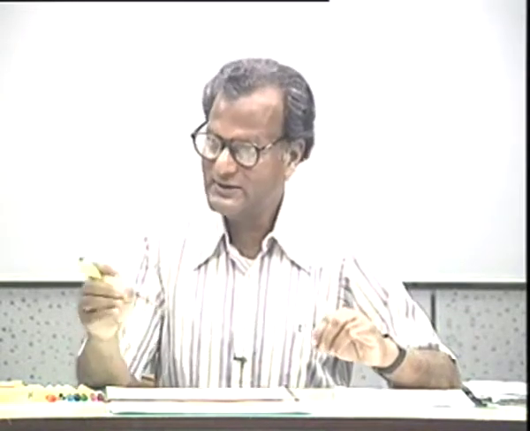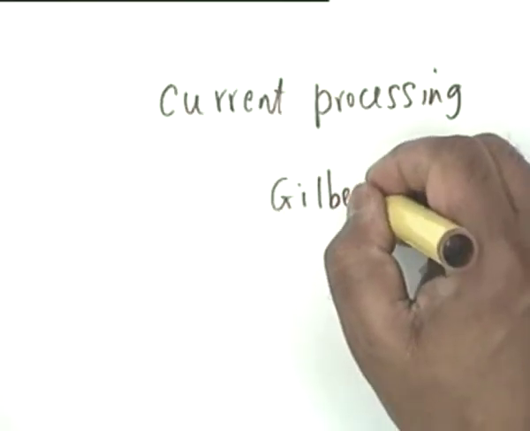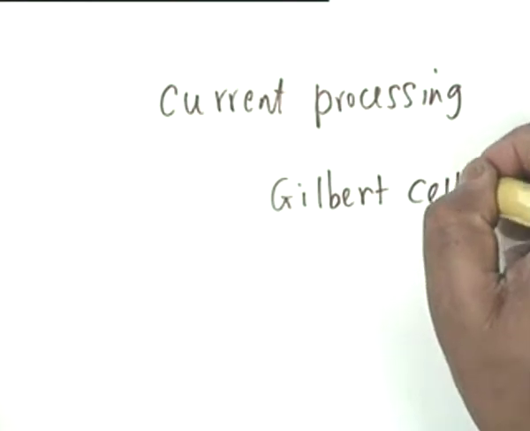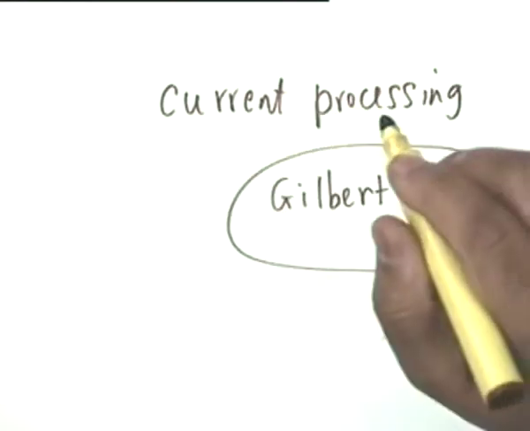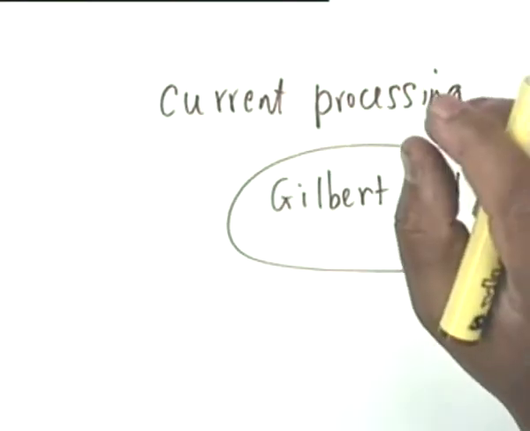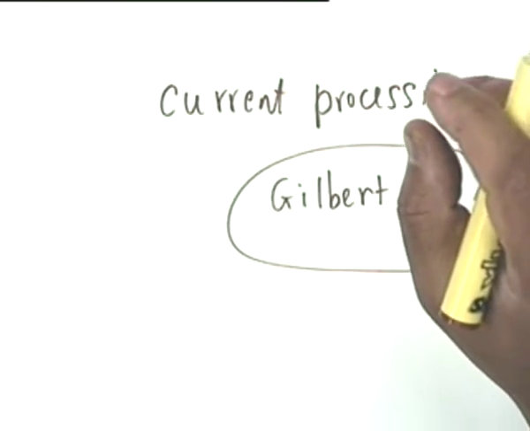If you take the voltage across the resistance, then it will obviously depend on the capacitance. But if you force a current, then the capacitance loses its teeth, and therefore current processing can obviate some of the disadvantages of voltage processing. And we will see at least one example of this, the so-called Gilbert cell. This is an IC chip that is available for wide banding amplifier.